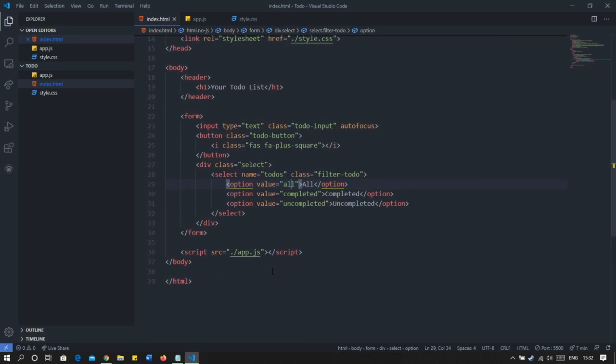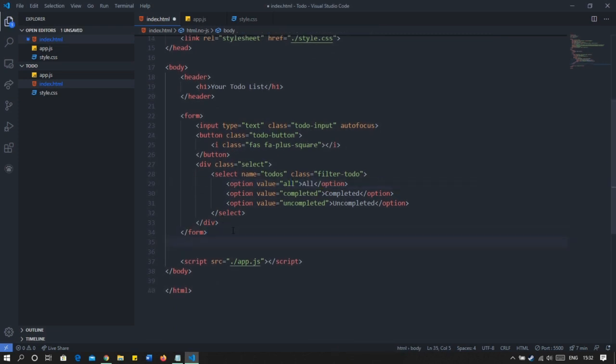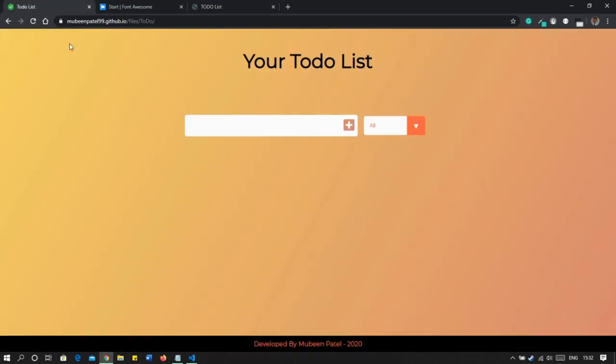Okay, now let me explain how our to-do list will work. First we will create a container right here so that we can get all our lists in here. Just like if I add something here, we need something to show it, so we will use a division to hold the data.